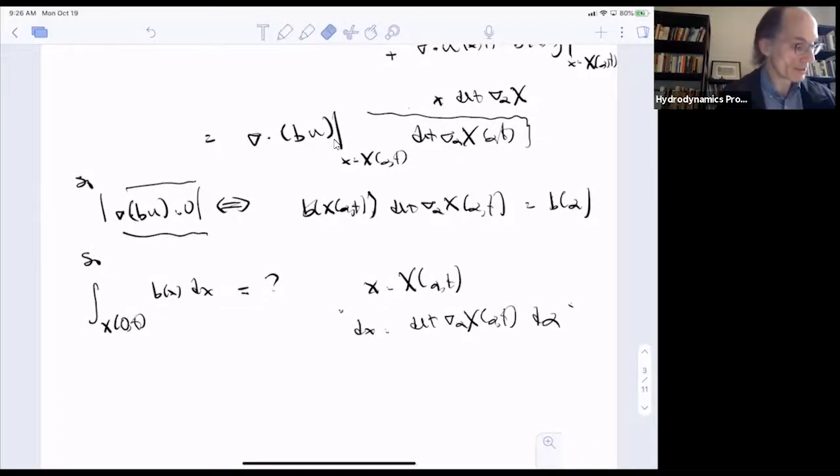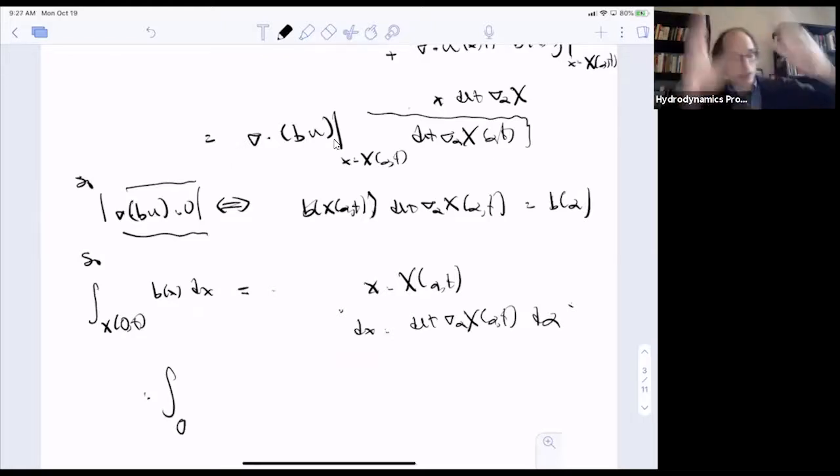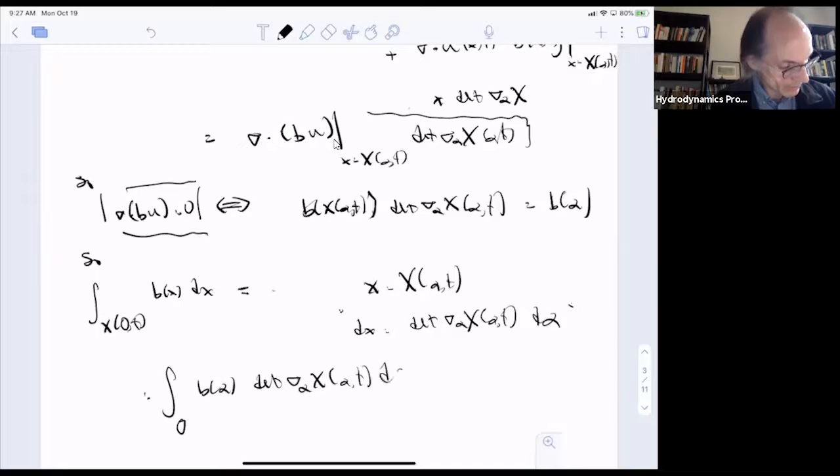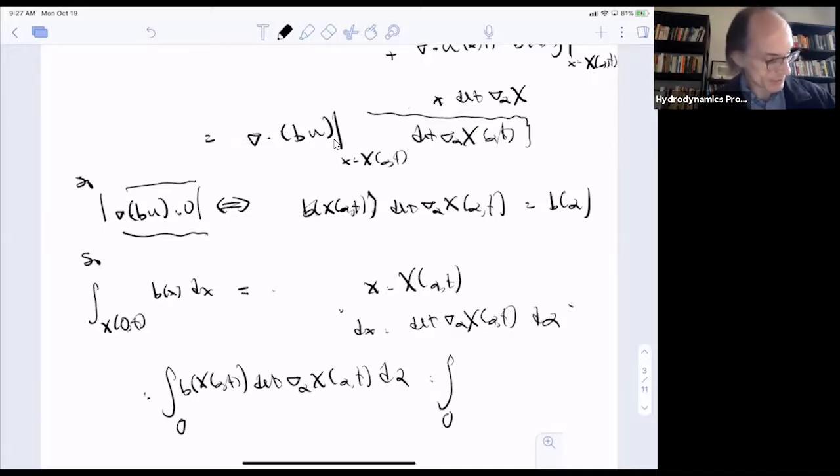And so then making this change of variables, I find that this equals the integral. This change of variables, of course, transforms the moving domain x of O t to the original domain O. And then I'll have a b of alpha, x of alpha t. Sorry, this is b of x of alpha t. But then by the earlier computation, this is